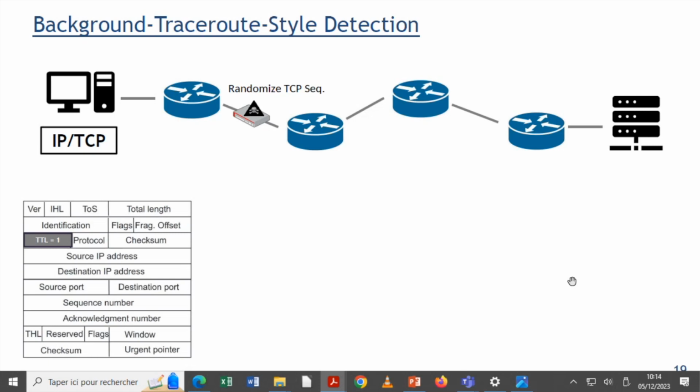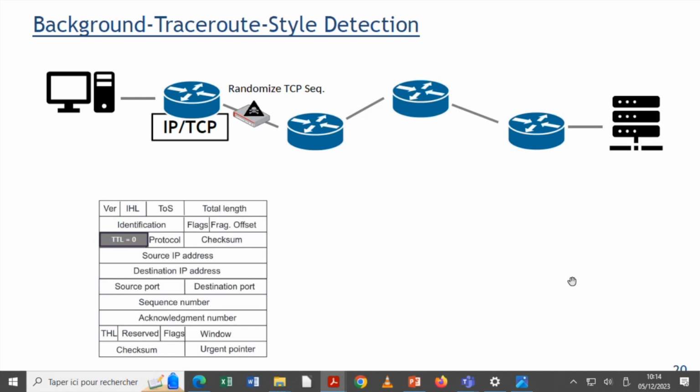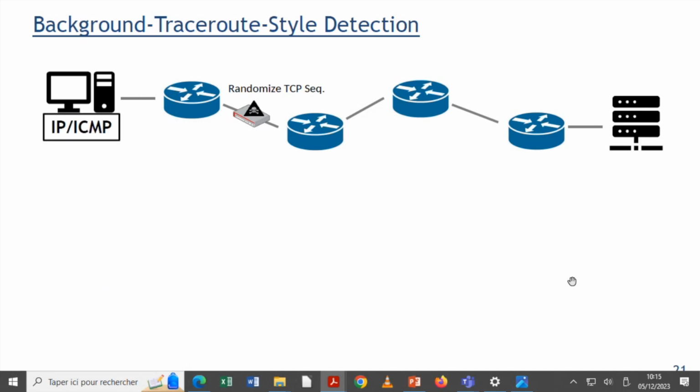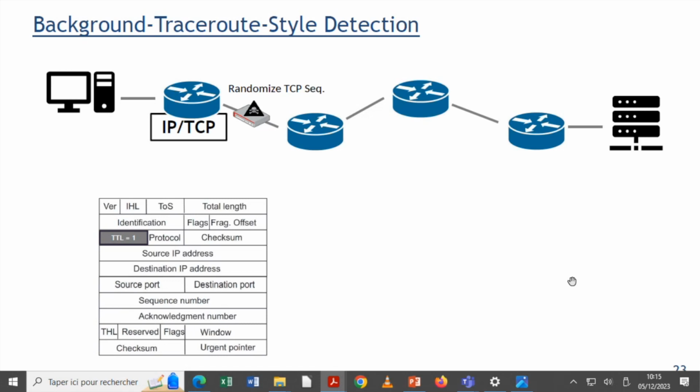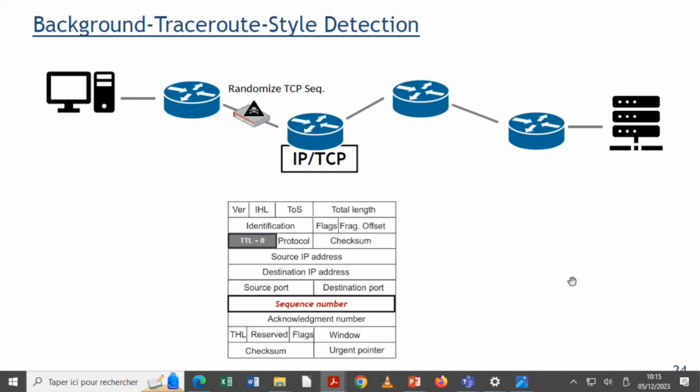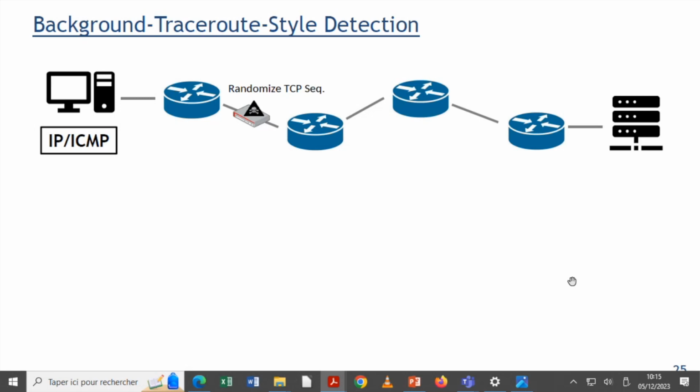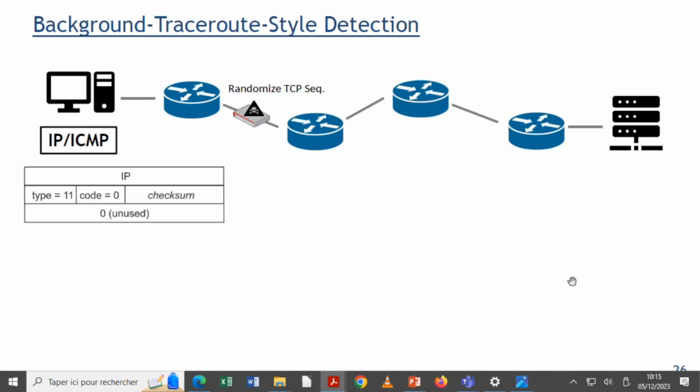So then going back to the example, Tracebox then sends these packets with an increasing TTL. So the first packet is sent with a TTL equal to 1. It only goes until the first hop where the TTL is decremented to 0 and the packet is dropped and a diagnostic message is sent back. Then the next packet will be sent with a TTL equal to 2, which will go past the first hop, then through the middlebox over to the second hop where the TTL will again be decremented to 0. But this time, more importantly, it will also have an interference applied to it. And again, the packet is dropped and a diagnostic message is again sent back.